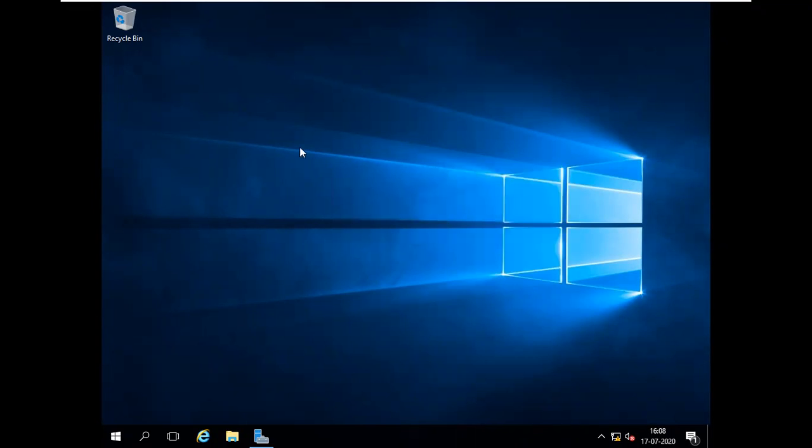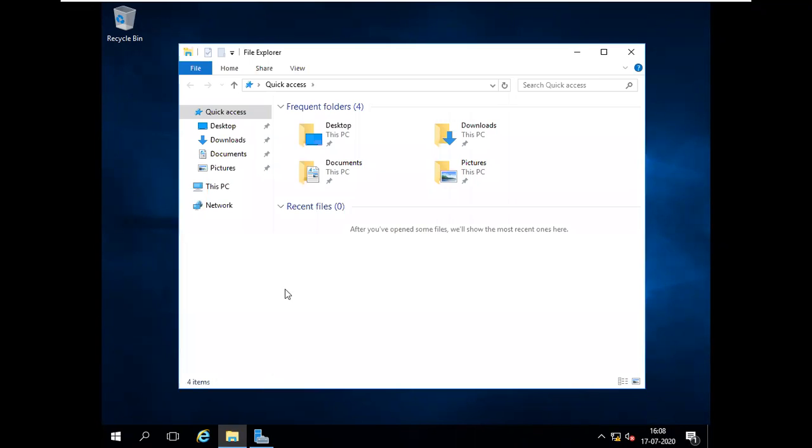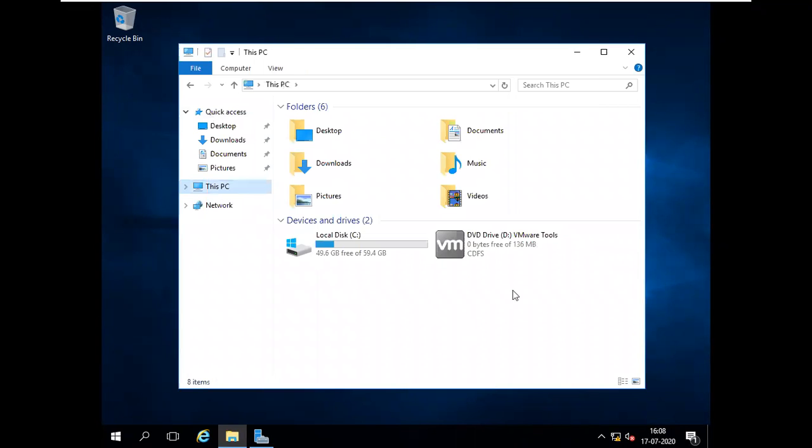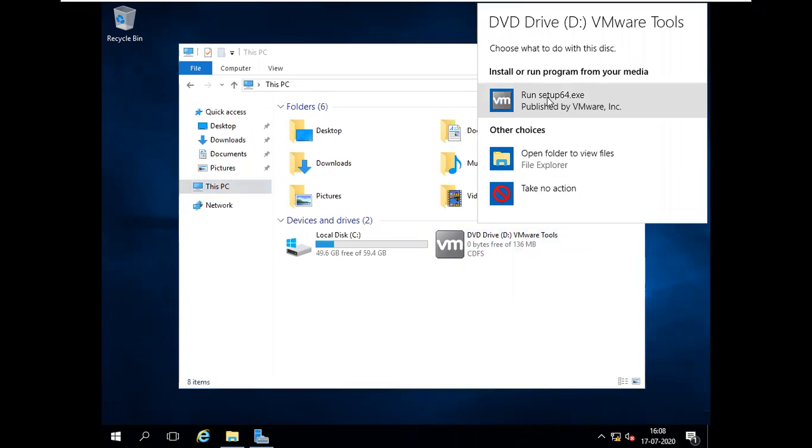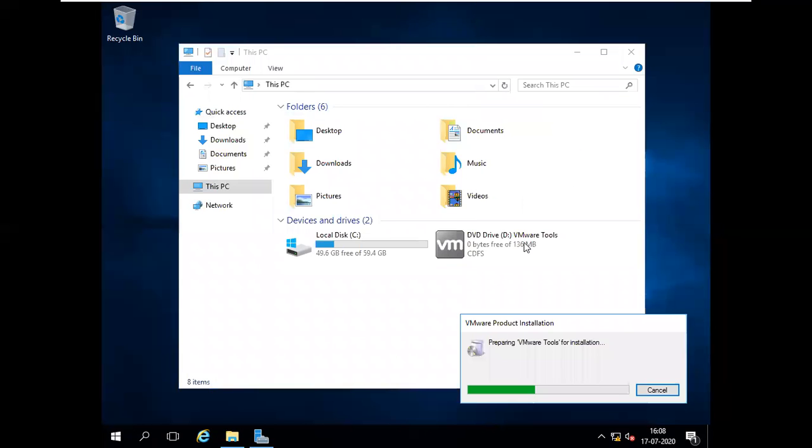Whether it is connected or not, it is not showing on screen, so I have to go to this PC. This VMware Tools is only 136 MB. Now it has happened. Click it, run setup64.